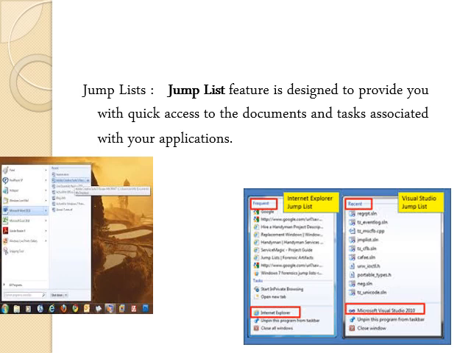Here two jump list icons I have given you. The first one is the jump list of MS Word and the second one is the jump list of Internet Explorer. With the help of the jump list of MS Word, you can see the recently opened files, and with the help of the Internet Explorer jump list, you can see the recently opened websites. To open a jump list, right click on a program button on the Windows 7 taskbar.